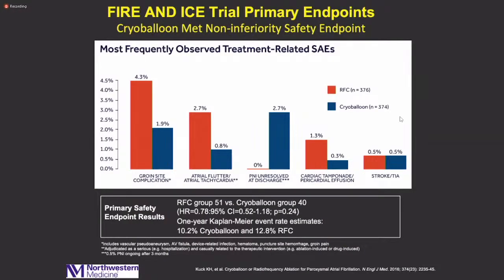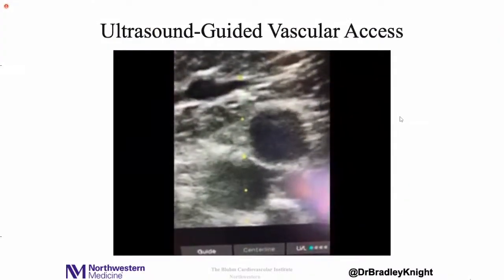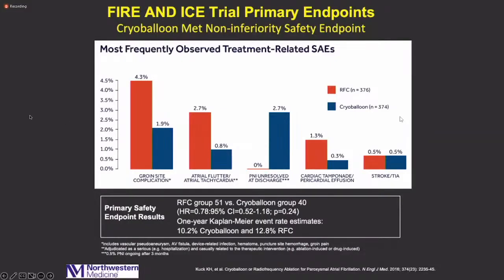In terms of overall complications, we talked a lot about complication mitigation yesterday, and we talked about RF compared to cryo. But I think that these data from the Fire and Ice trial have panned out. I think they're reproducible. Although we now use vascular ultrasound to get groin access, the complication rates for getting 2 access sites for a double transseptal are a little higher. I think the atrial arrhythmias that patients have after RF, especially in the first 3 months after the procedure, are higher with RF compared to cryo. The main